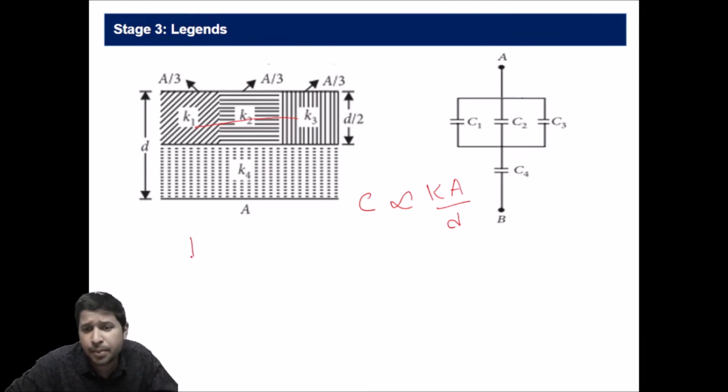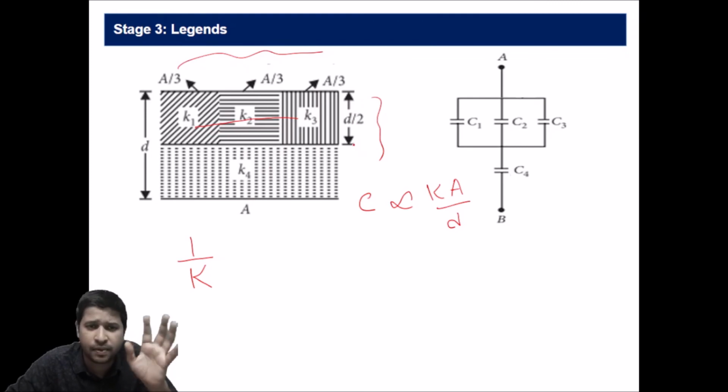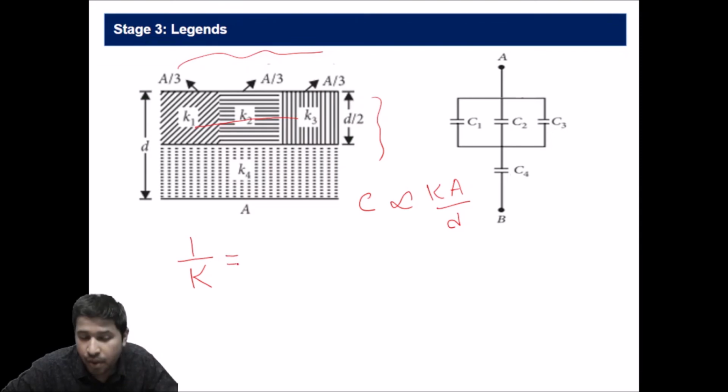That this will come with practice, that 1 by C, now we'll not write C, this will be 1 by K. And because we know that everywhere that A by D will be there, the total area by total distance, that will be there. Some factors, 1/2, 1/3, those may be there, but epsilon naught A by D, that factor will be everywhere, that you know from your experience. 1 by K will be equal to 1 divided by, now we are